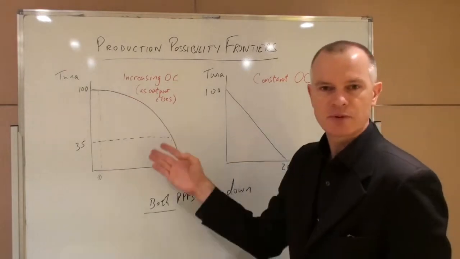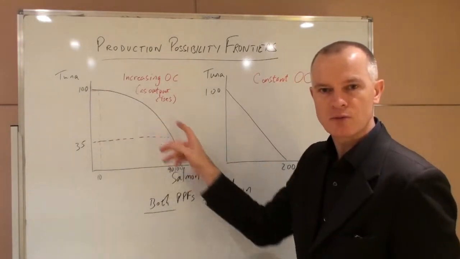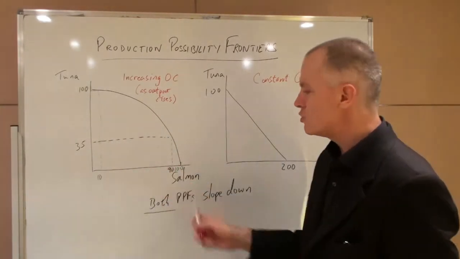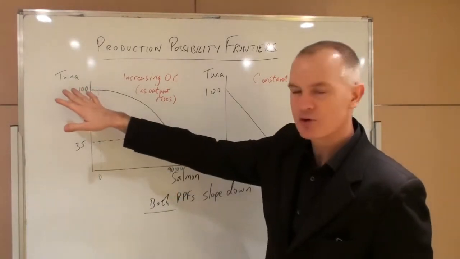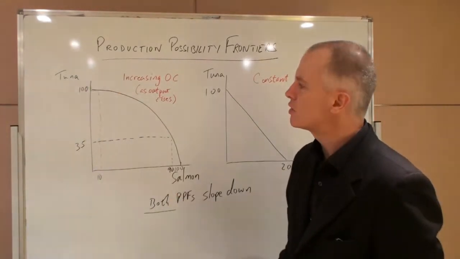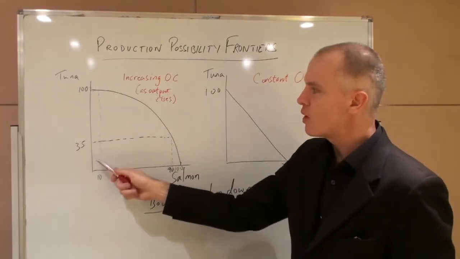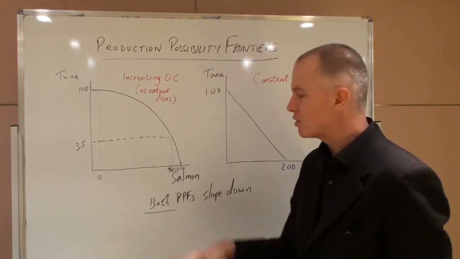This is a classic PPF shape. You can see this is concave to the origin, sloping down but with a changing gradient. This country can produce tuna and salmon, and if it specialises in the production of tuna, i.e. produces no salmon, it can produce 100 units of tuna. Moving its resources away from tuna and into salmon allows it to produce different quantities of salmon, up to a